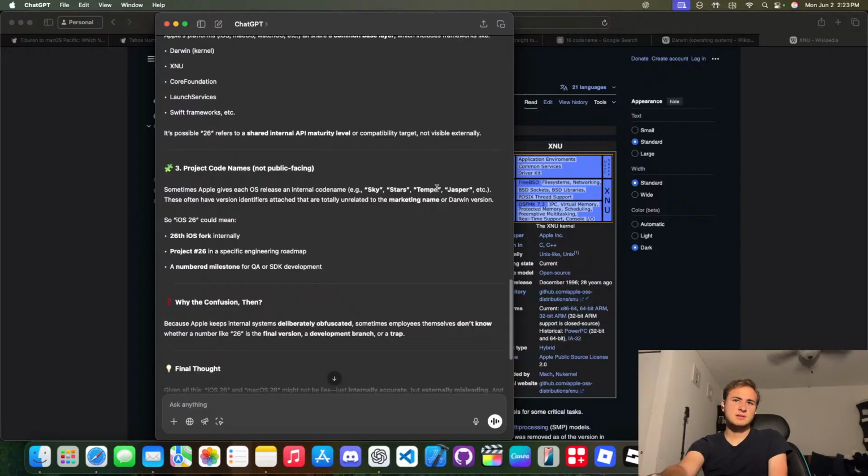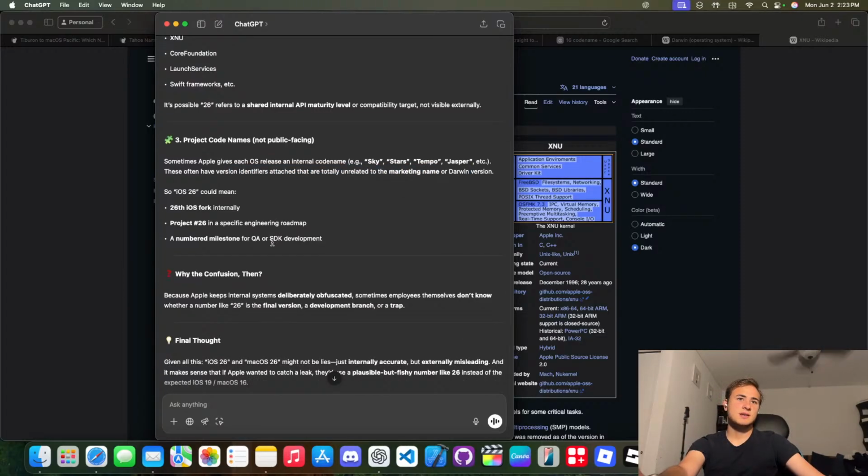Internal codenames: Scar, Psy, Tempo, Jasper. These often have version identifiers attached and are totally unrelated to the market name or Darwin version. So, a 26 iOS fork internally, Project 26, a numbered milestone for QA or SDK development. This is more common with Windows, but there are milestone builds of certain Windows versions.